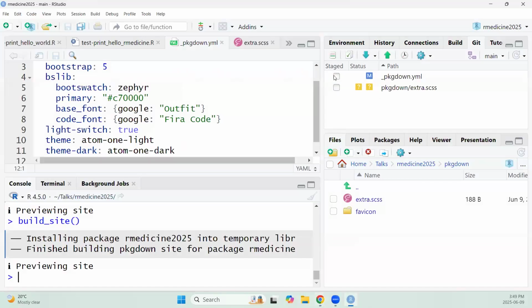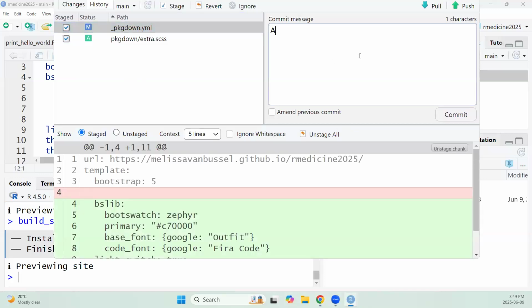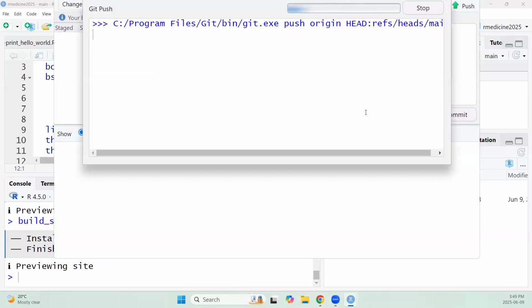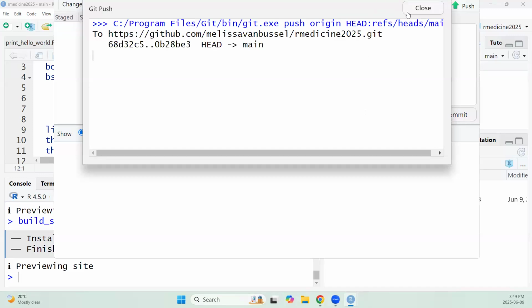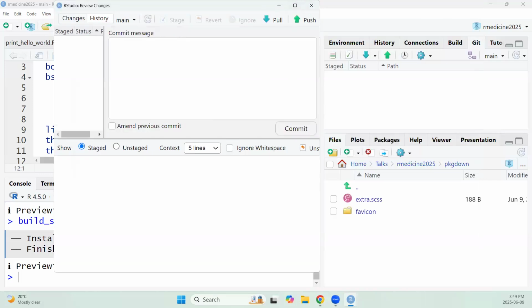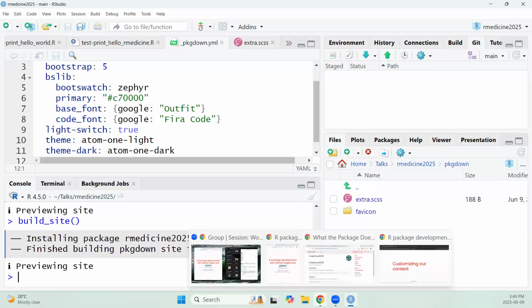So I'm going to go ahead and push these changes to GitHub, now that we've changed the basic stuff for the styling. Staging both files, committing, and then pushing the changes to GitHub. And while I'm waiting for those changes to take place on GitHub,